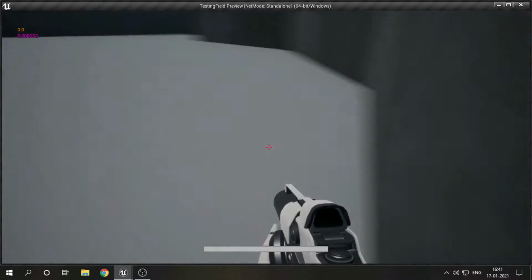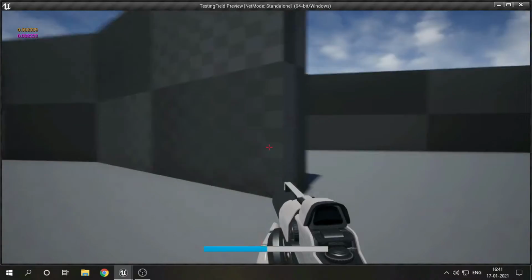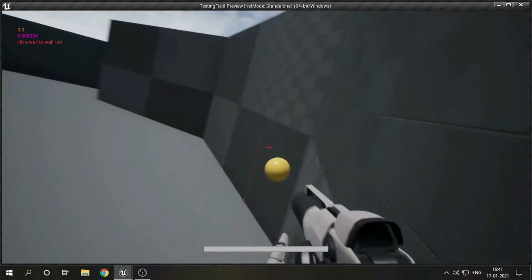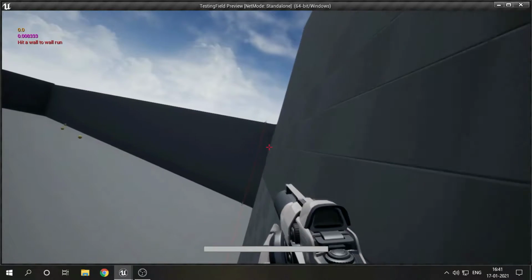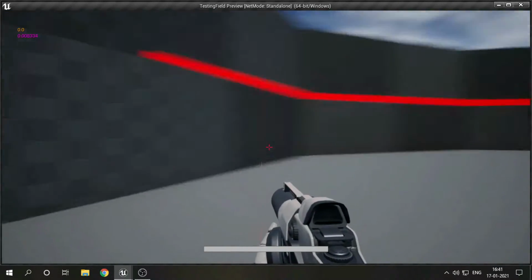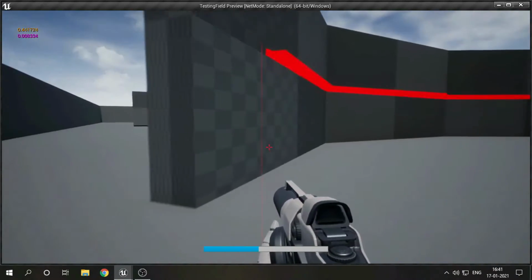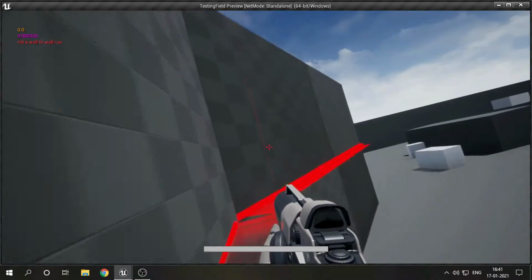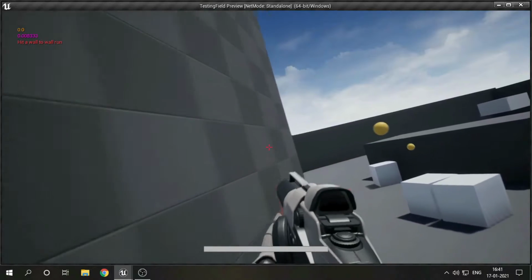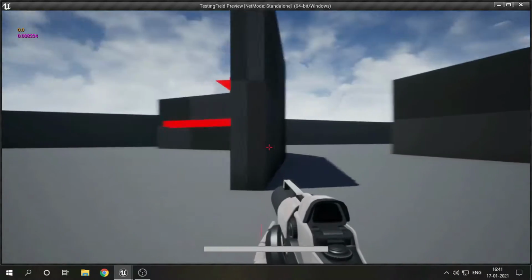Yeah. So for this wall running, what happens is there is a different type of line trace going, and it checks whether the player is fitting those conditions or not. It's a bit nerdy if I go into details because it was a very long tutorial. But what happens is it turns the player, or rather the camera, by like 30-45 degrees, and this